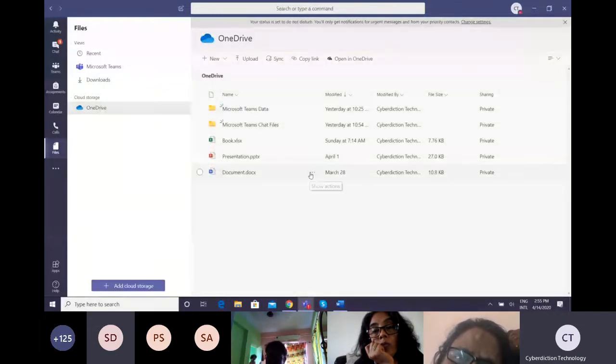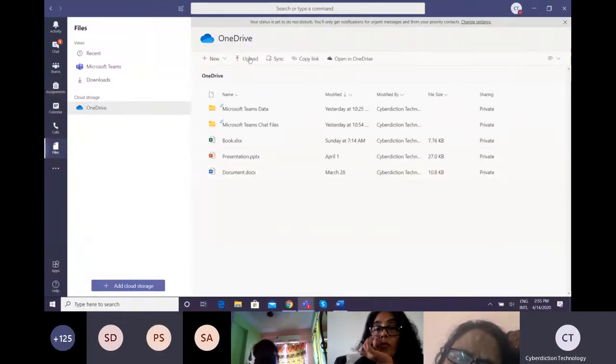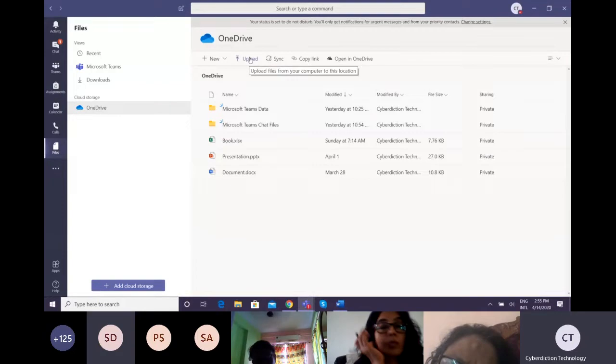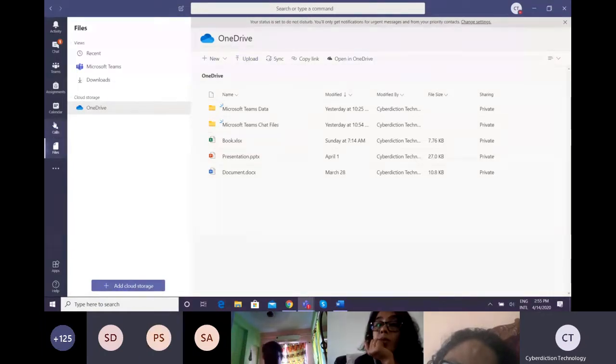As I've already told, right click and then select either copy or move, or you can upload from here, uploading files from your computer to this location. Before taking the session or lecture, it's our duty to put all the resources here inside OneDrive or into the Team.